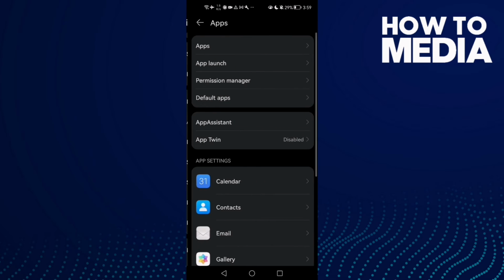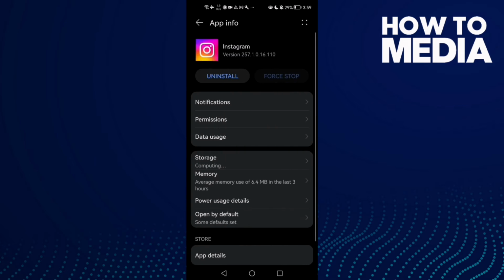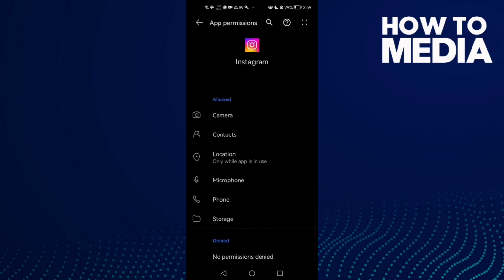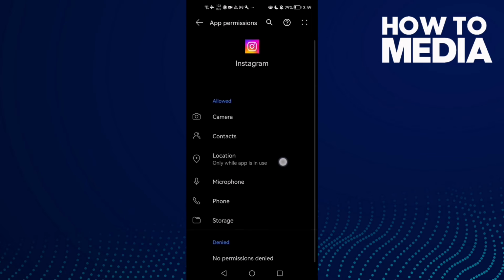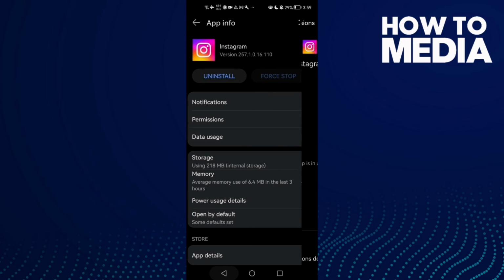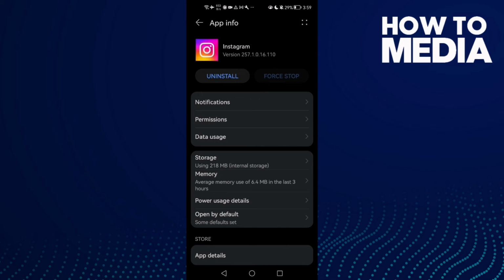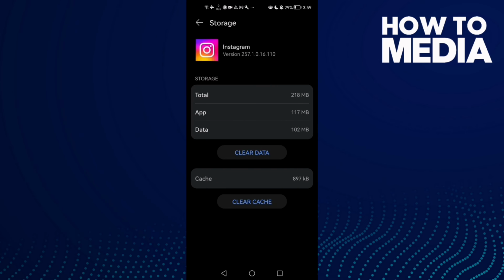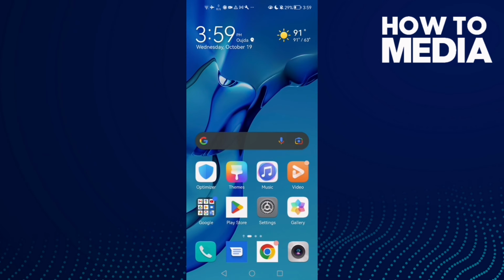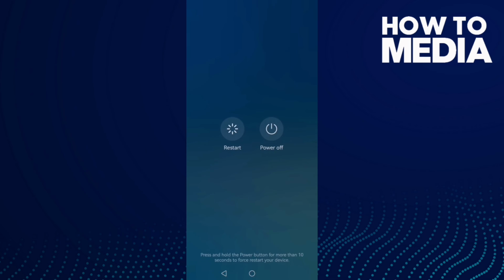Go back to apps and then apps again. Now we need to find Instagram, and here we'll find permissions. You need to check all of those and allow all of them, and then go back and go to storage, clear cache, and now just restart your phone and try again, and your problem must be